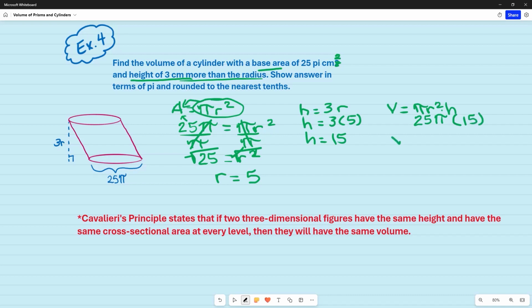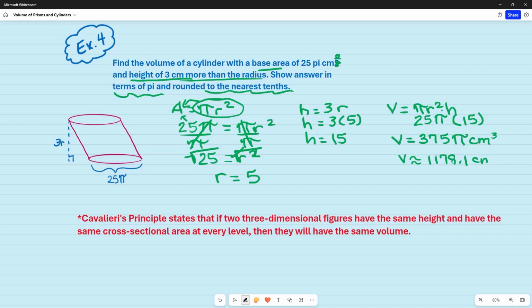Once you simplify this and put it in a calculator, you're going to get two answers because you're asked to show it in terms of pi and then round it to the nearest tenths. In terms of pi means that I'm just going to multiply the 25 and the 15, and that's going to give me 375, and then I just bring that pi down. Again, keeping up with my units, this is cubic centimeters. Now this is approximately, if I'm rounding it to the nearest tenths,